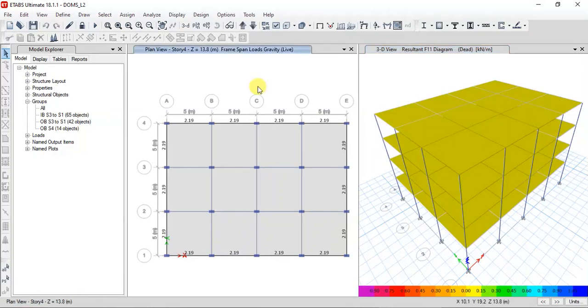Now we will stop our lecture 2, in which we have applied dead load, live load, wind load and earthquake load to the multi-story building. So now we will stop here, and in the next lecture we will concentrate on the results obtained from this analysis, how to see the bending moment diagram and shear force diagram for each frame, and how to use them in manually designing the structure.